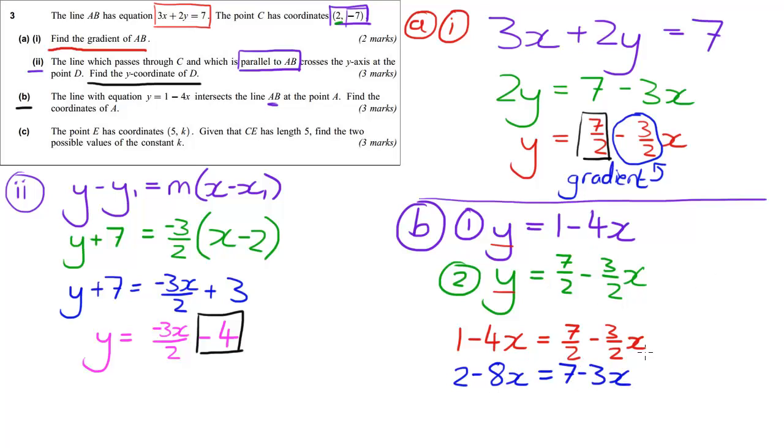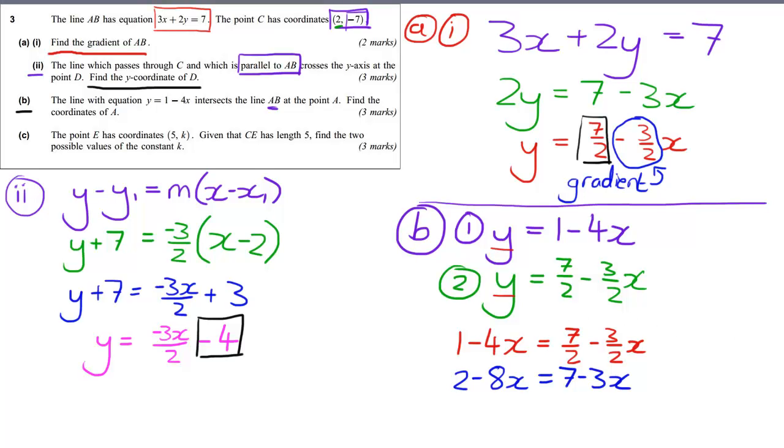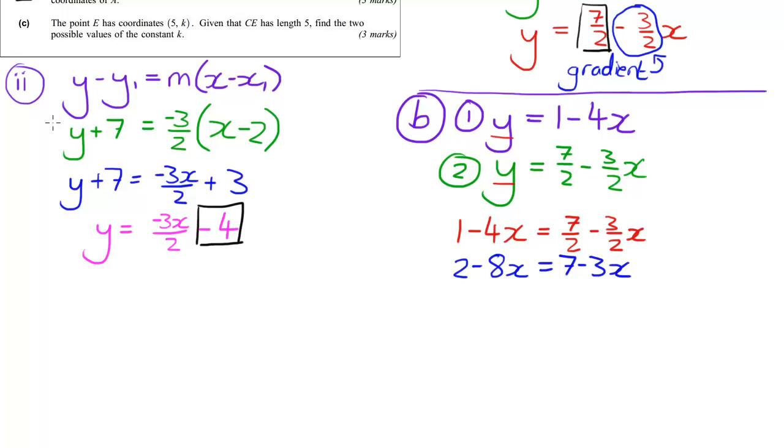You can do it any number of ways as long as you get to the same thing. All of them are good in the exam. I'm going to give myself some space here to work with. So let's go for a lighter blue turquoise, and let's add 8x to both sides. So we're going to get 2 equals 7, then minus 3 plus 8 is going to be plus 5x, and then we can take 7 from both sides. If we take 7, then we're going to get minus 5 equals 5x, therefore x is going to be equal